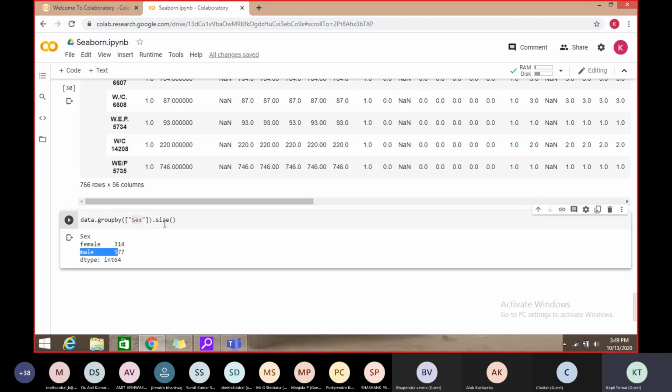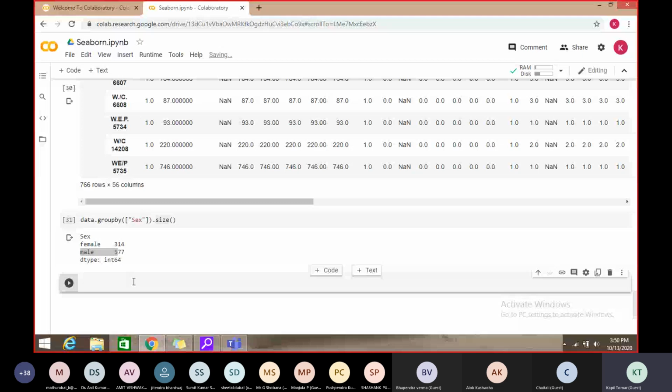We can even call the size function when we are calling group by with more than one column. Rather than giving the different statistical data with the help of the describe method, we can directly call only the size method to get the different values.